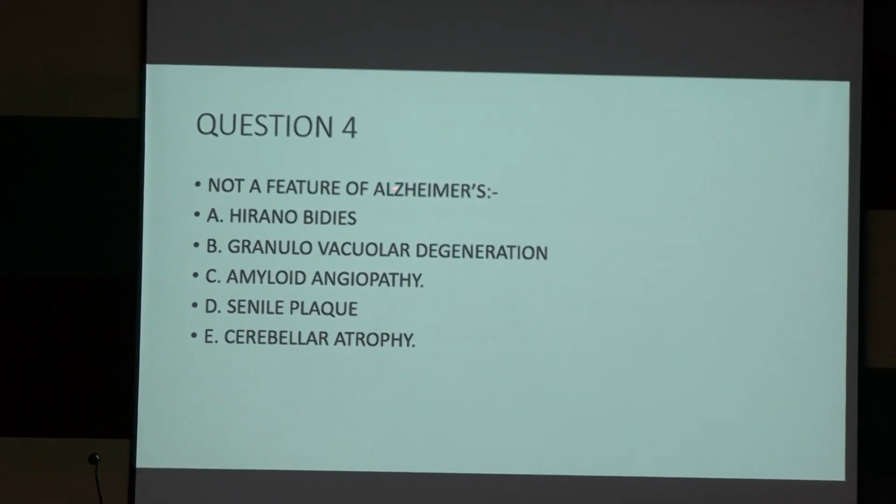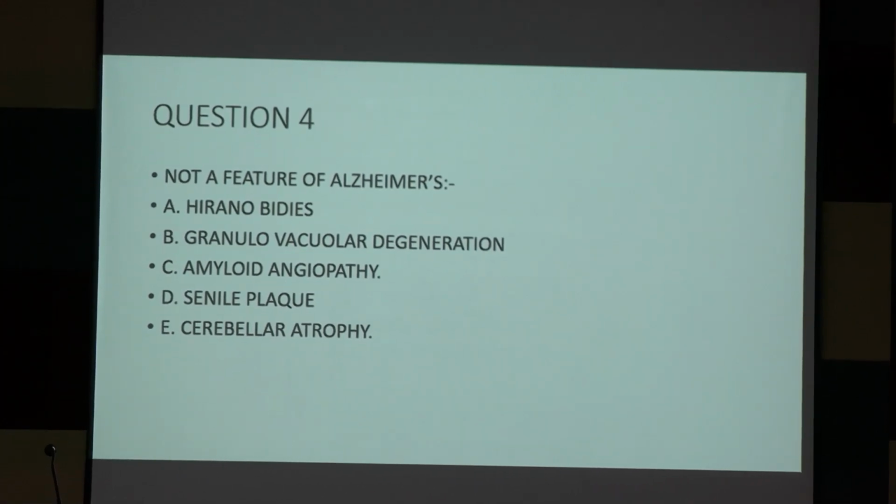Not a feature of Alzheimer's: Hirano body, granulovacuolar degeneration, amyloid angiopathy, senile plaque, cerebellar atrophy, কোনটা not a feature? হিরানোবডি পাওয়া যায়, গ্র্যানুলোভ্যাকুওলার ডিজেনারেশন পাওয়া যায়, সব যায়। সেরিবেলার অ্যাট্রফি আনলাইকলি। এগুলো কর্টিক্যাল ডিমেনশিয়া, কর্টিক্যাল, সাবকর্টিক্যাল দু রকমের আছে। সো কর্টিক্যাল অ্যাট্রফি, নট সেরিবেলার অ্যাট্রফি। সেরিবেলার অ্যাট্রফি হলে তোমাকে অন্য কিছু ভাবতে হবে,